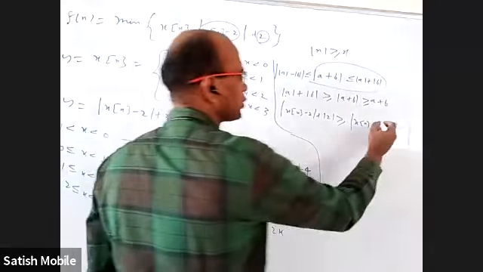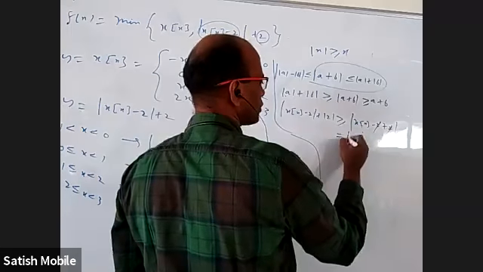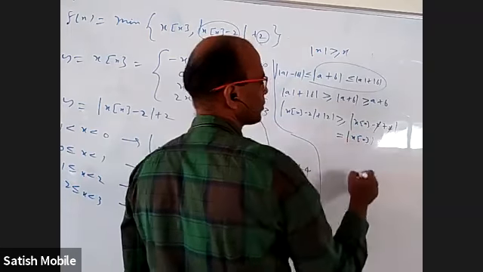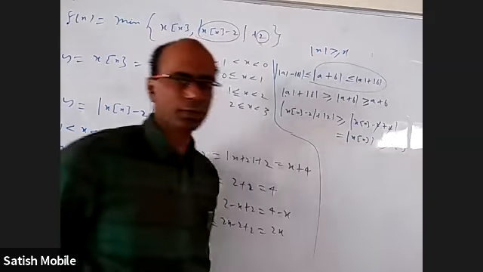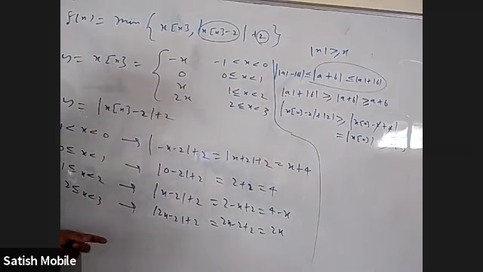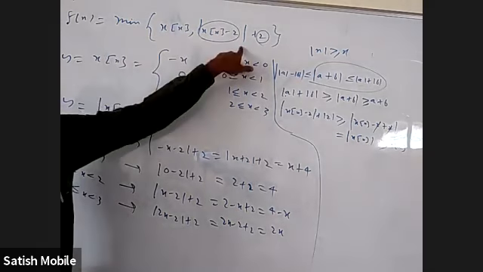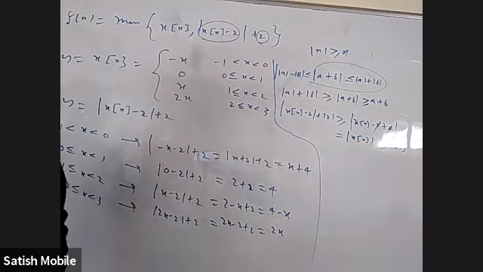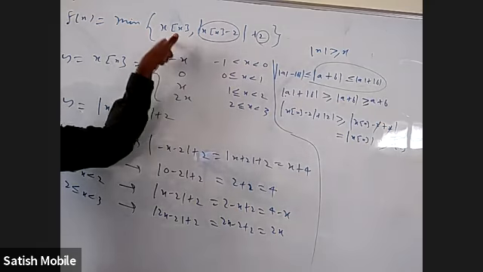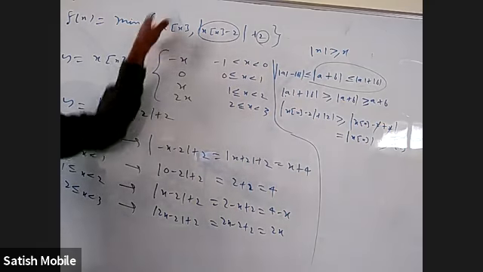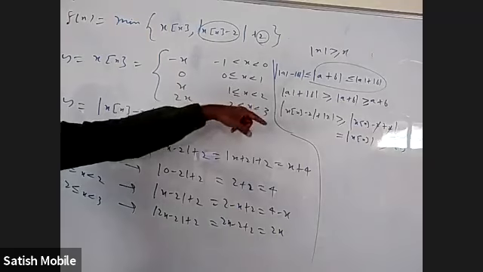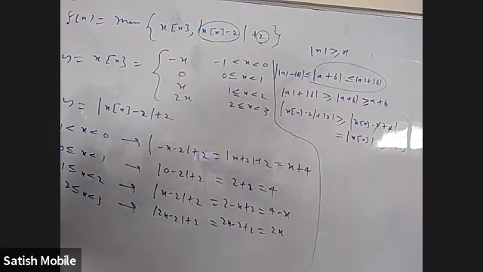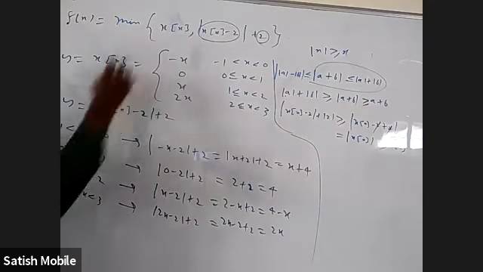Okay. And 2 and 2 will cancel. I will get x into integer part of x with a mod. But that itself we can remove the mod and say it is x into integer part of x. So without all this analysis, I can prove how this is always greater than or equal to this. That means this is only the minimum, na? Okay. So without all this, we can prove it that way. So this is method 1, this is method 2, to understand that out of these two, this is the minimum.